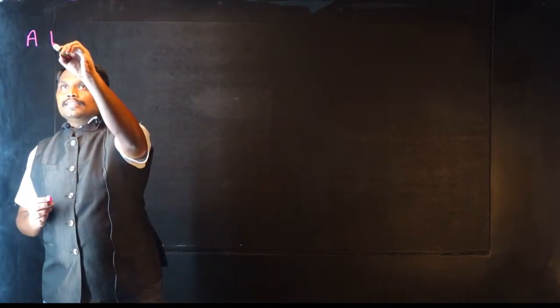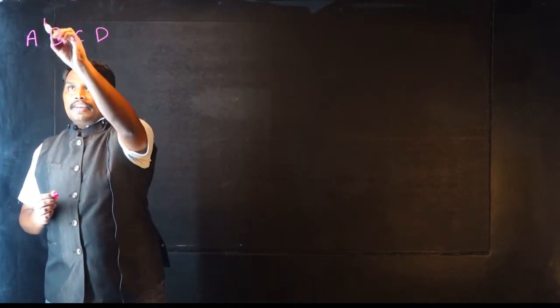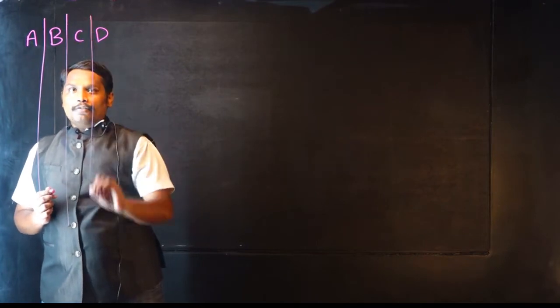So welcome back. Now we are going to represent a truth table on a Karnaugh map. So we'll see what it is, how to construct a truth table first, and based on the truth table, how you're going to construct a Karnaugh map. For having a truth table, we are having 4 variables here.